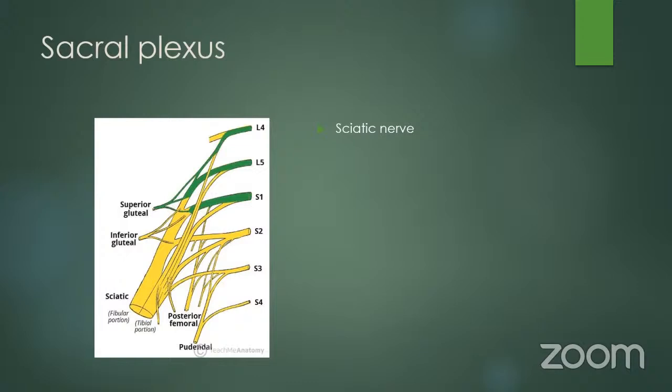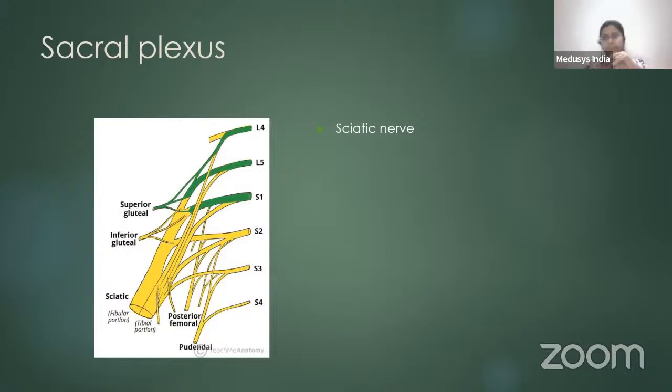Then the tibial nerve gives off the branches, the posterior tibial nerve and the sural nerve, and it ultimately divides into the lateral and medial plantar branches, which give the cutaneous branches to the sole of the foot. Then the common peroneal divides into the superficial peroneal and the deep peroneal nerve. Superficial peroneal supplies basically the dorsum of the foot, and the deep peroneal supplies the cutaneous innervation between the first and the